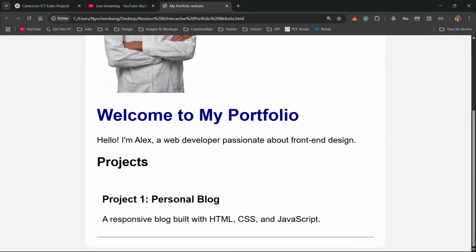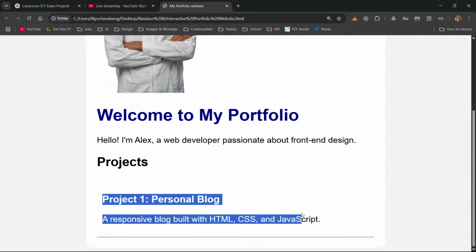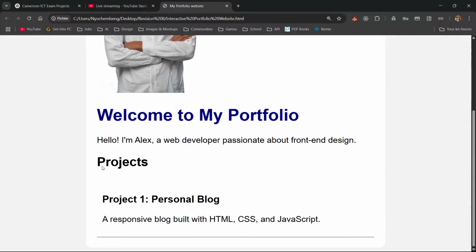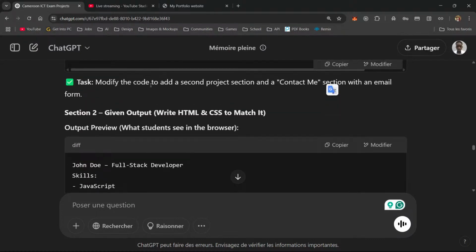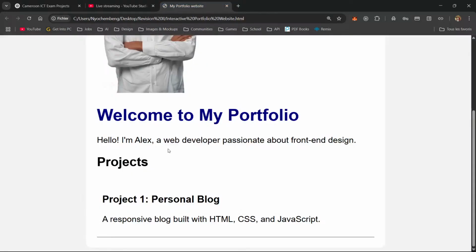Let's go ahead and create a new project and add a description for that project. That's what they are telling us to do. Add a second project section. Now, to do that, we're going to create a title for the project. We'll call it project 2, and we'll call it my personal,